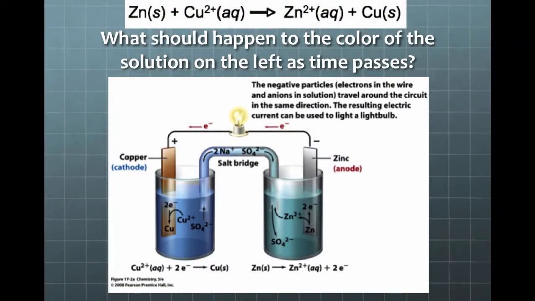What should happen to the color of the solution on the left as time passes? We'll pause the video, but remember copper plus 2 has a color, the blue solution shown there. Think about that before advancing the video. As time passes, given that copper ions are being lost from the solution on the left and that they have a color, this solution goes from blue to lighter and lighter blue as the reaction proceeds. Now the solution on the right is shown to have a color, but it actually doesn't. Zinc is a colorless ion and sulfate is a colorless ion, so this is only done for